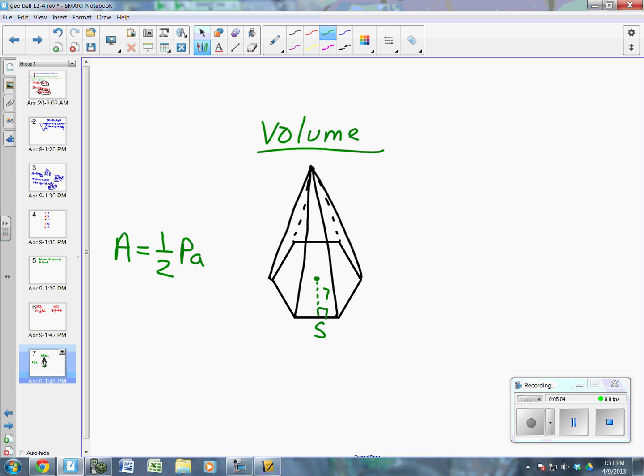I can find it by going 1/2 the perimeter. What's the perimeter, you guys? 30. Why 30? Matt, why is the perimeter 30? Okay, there's how many sides to the polygon? 6 sides, right? And the side length is 5. 5 times 6 is 30. What's the apothem? 7. So 1/2 of 30 is 15. 15 times 7 is